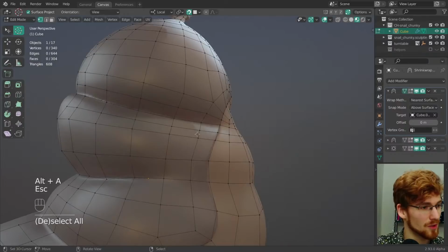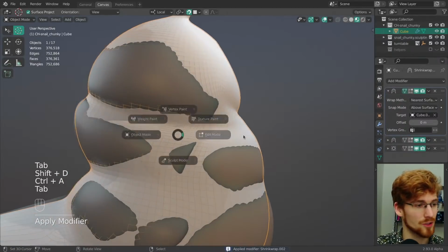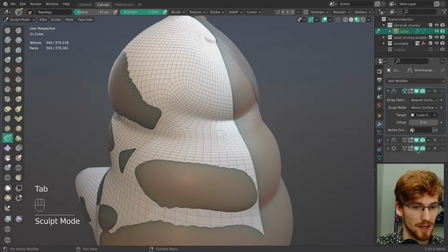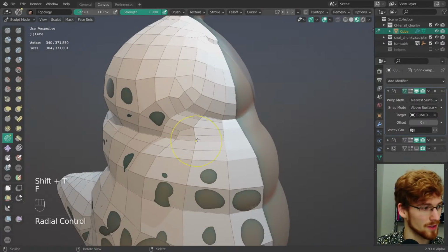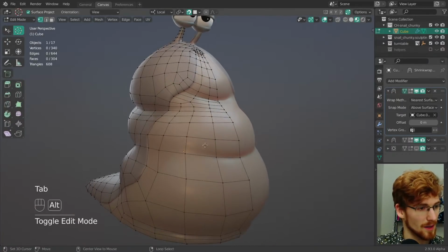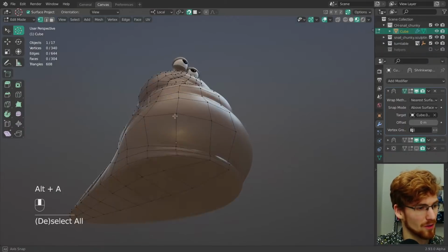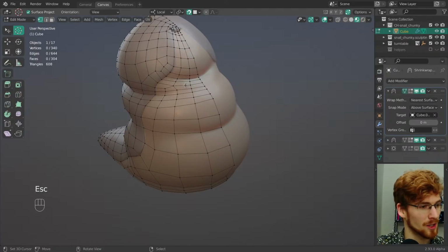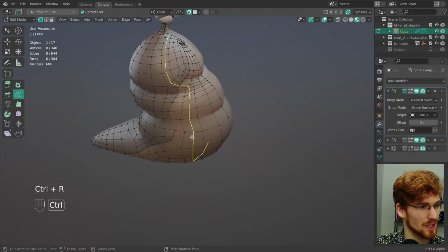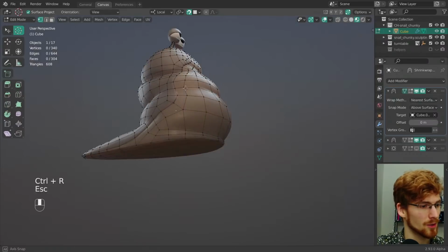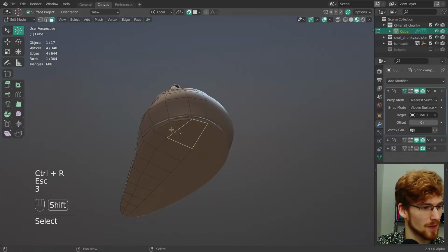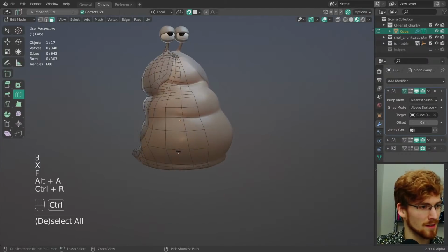Just adding more loops over here. I can just, again, duplicate and apply the shrink wrap modifier to snap all of this immediately. And I can also just go into sculpt mode and with a slight relax brush, just relax all of this a little bit. But what I am noticing already again is I'm running out of geometry. I don't like how much gets accumulated over here. I want to add more. So how do I do this in the best way? I think I'm gonna merge these faces again so I can just